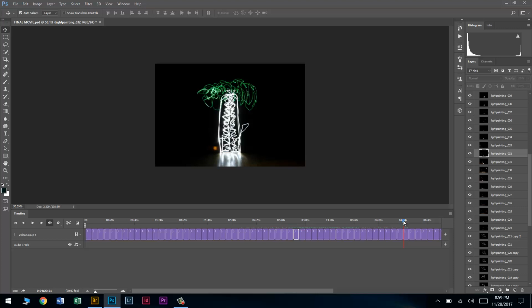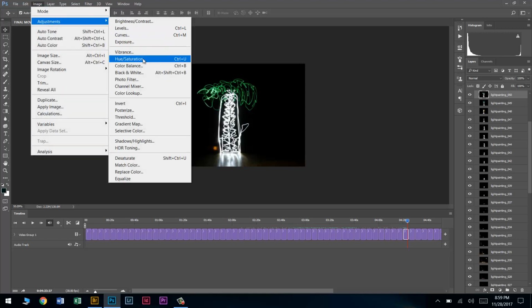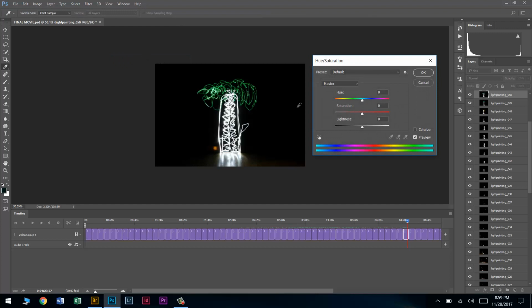So again, I'm going to put my playhead over the clip I want to edit. I'm going to click on that clip as well. And this time I'm going to go to Image, Adjustments, Hue and Saturation. And watch what happens as I move the hue slider around. You can see anything with color in it is changing color. The white and the black are not changing. They don't have any color. They're just white and black. But this on the floor right here and then the color up here are changing colors